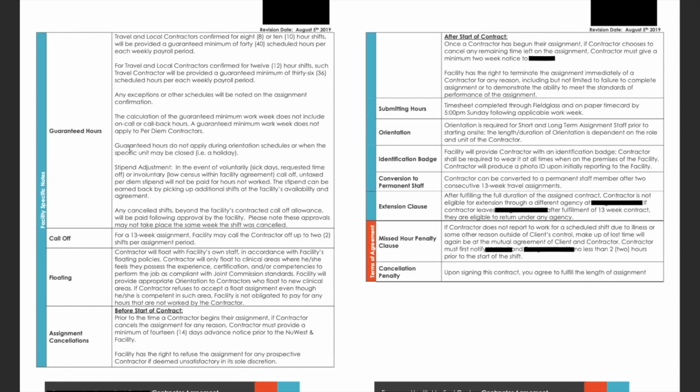So guaranteed hours, this one is huge. This is something that I'm not super happy with for this contract, so let me just take you guys through it. Guaranteed hours and guaranteed pay are different. You want to make sure that you at least have guaranteed hours, but it would be nice to have guaranteed pay. So what that means, guaranteed hours means that they will offer to let you work at least 36 hours a week,